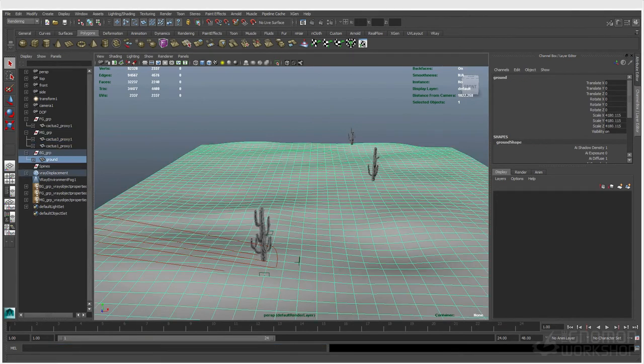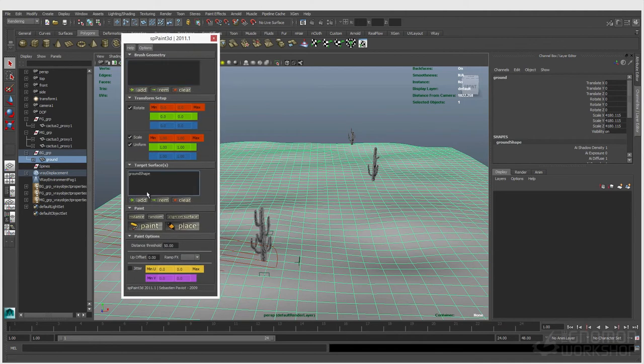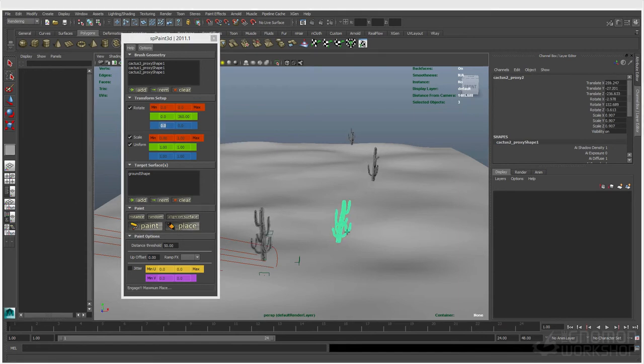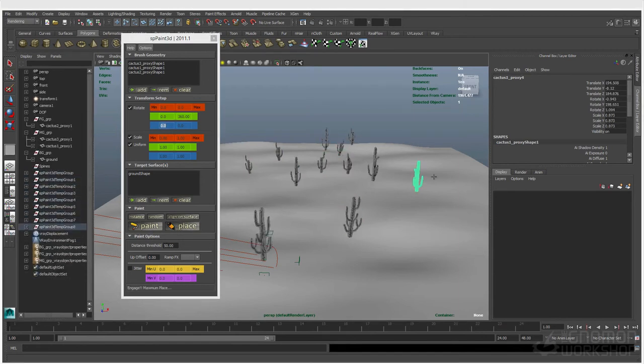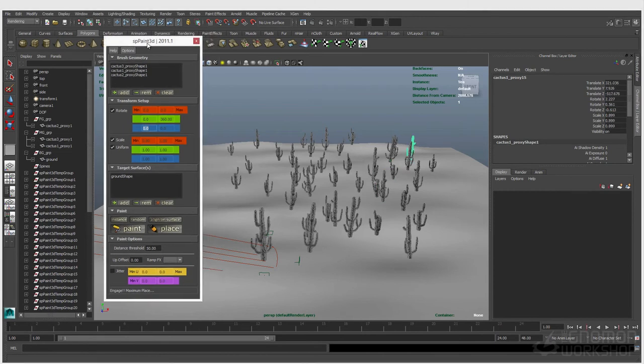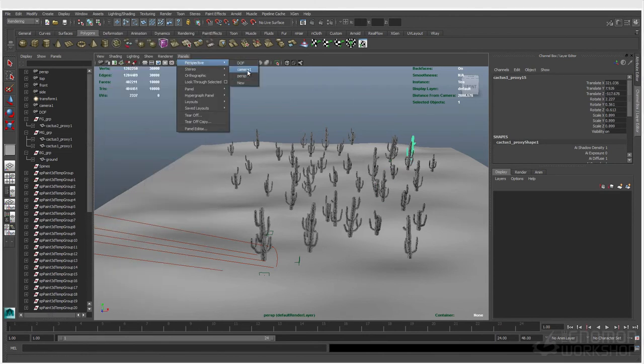So, again, we can just go in and make that our target surface. We can grab each proxy, make them our brush geometry, and it'll randomly assign each one. And now I can go in and randomly scale these around, maybe a little bit less than that, 0.8. Rotate them. And now I can go ahead and place individual ones. And now if I was to go in and render that back out again,